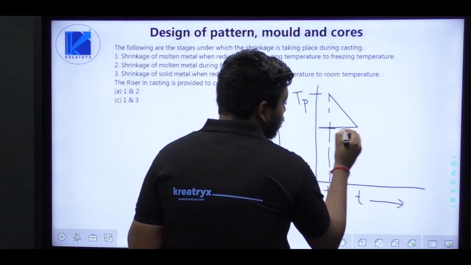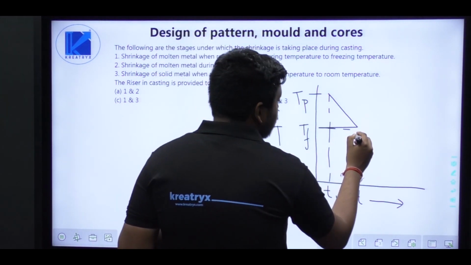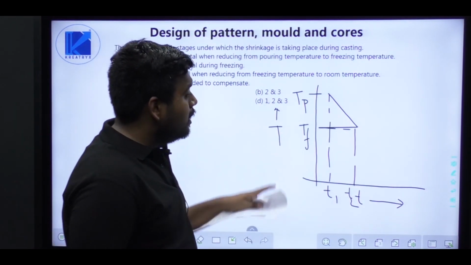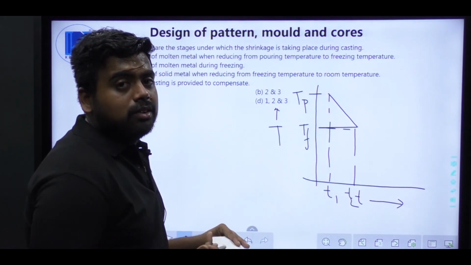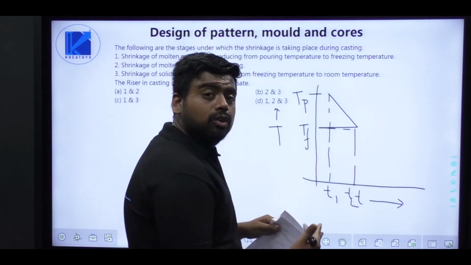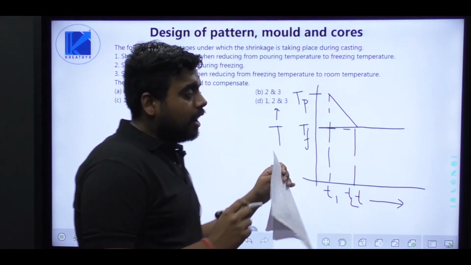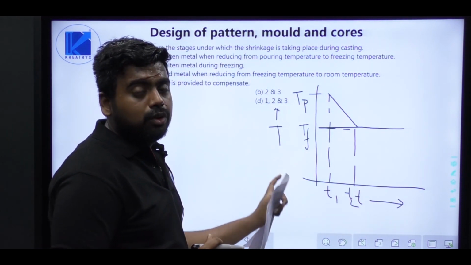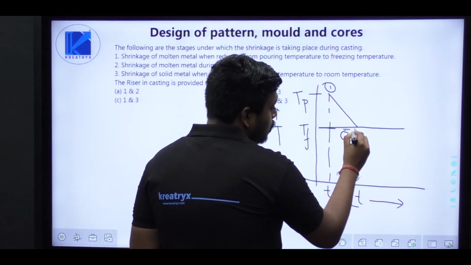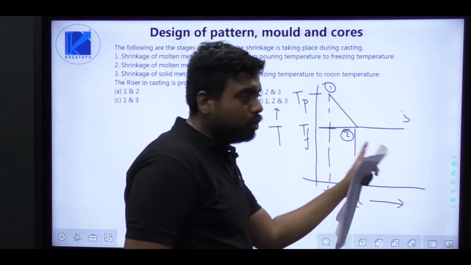And what is Tf? Tf is the freezing temperature. Freezing temperature is the point up to which the metal will cool down. At point Tf, the metal will start losing latent heat and it will change its phase from liquid to solid. So let's say it is now losing its heat and transforming from liquid to solid state. If this is point 1, this is point 2 and this is point 3, then from point 2 to point 3,